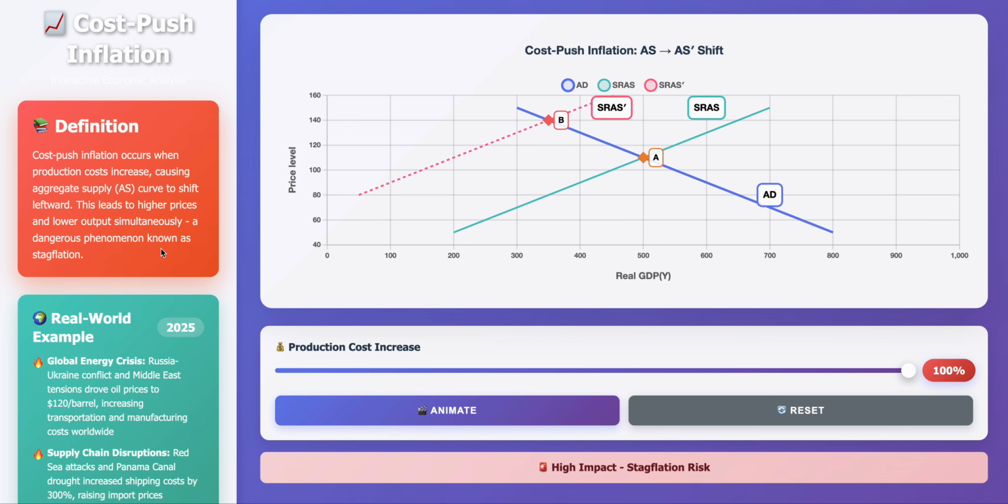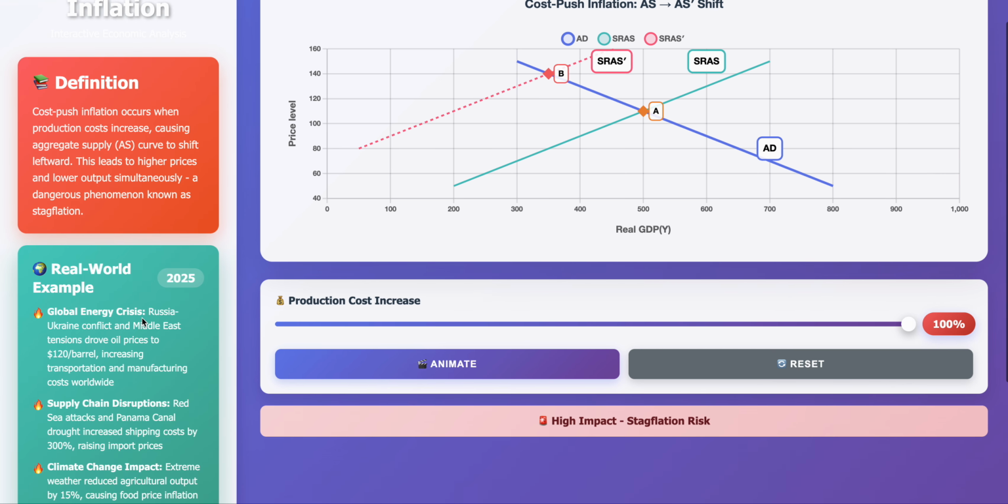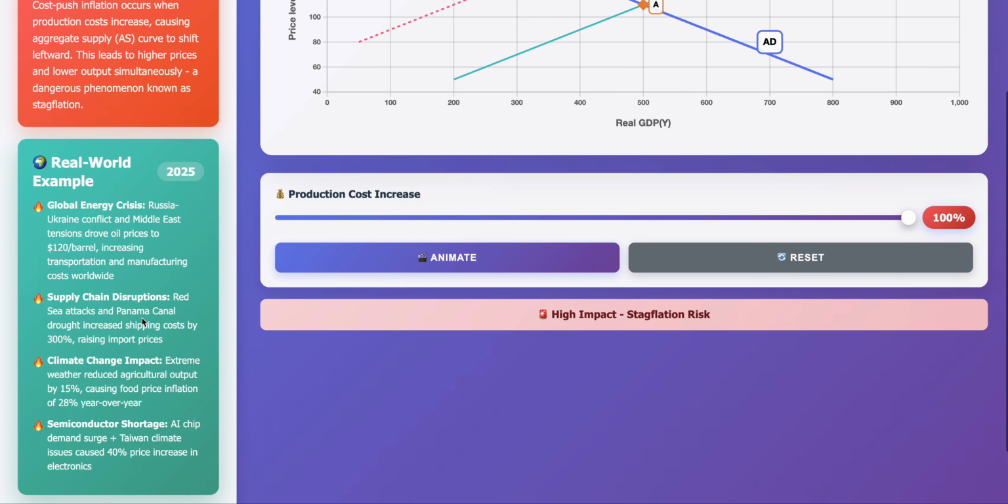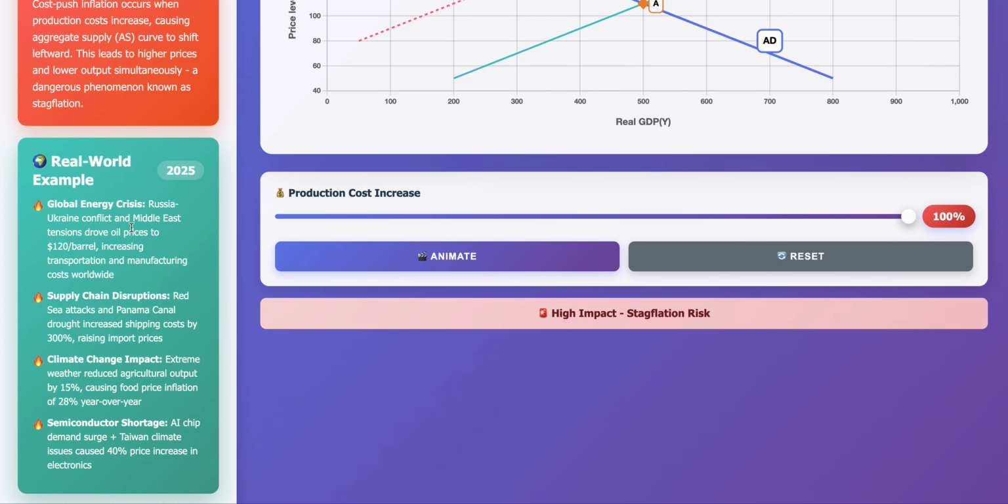Talking about countries, let's connect it to real world examples. The global energy crisis: all of us are aware of the Russia Ukraine crisis and the Middle Eastern crisis, about Israel, Palestine, Syria. All of that added on and increased the price of a barrel to $120 per barrel, increasing transportation